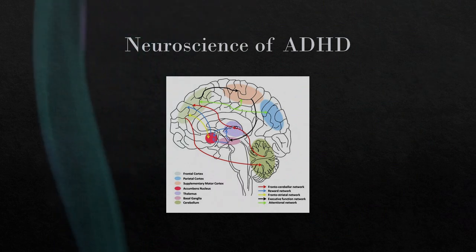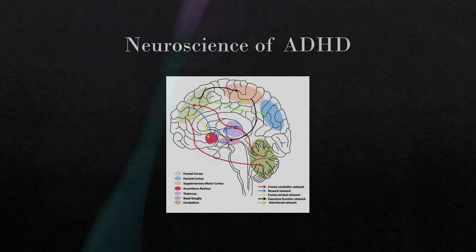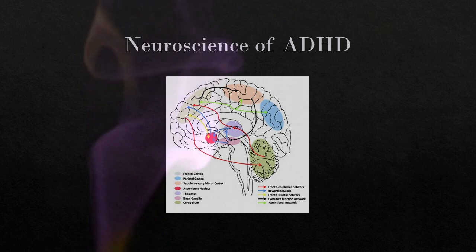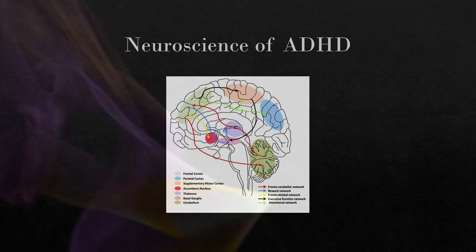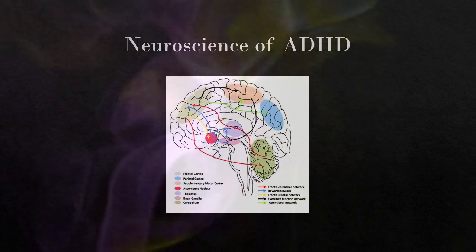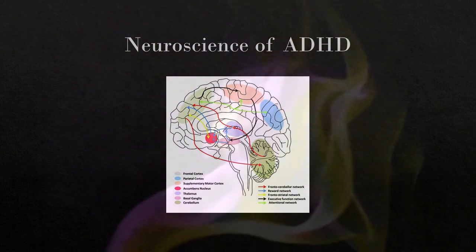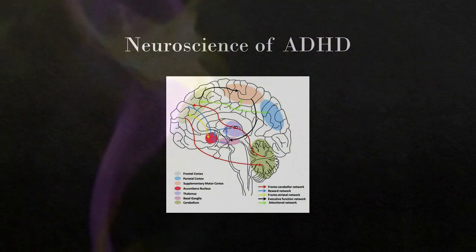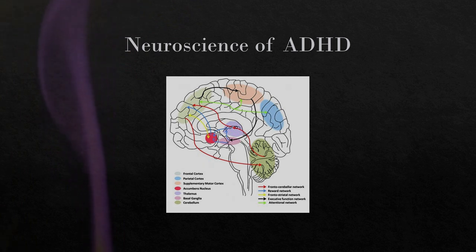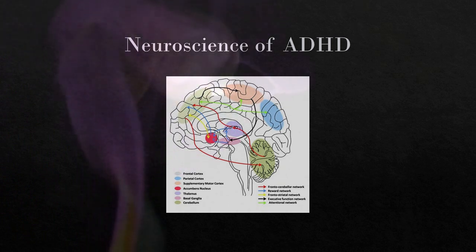So let's begin by looking a little bit at ADHD, attention deficit hyperactivity disorder, and some of the specific brain areas within this condition. Now, one of the first areas you need to be mindful of with ADHD is the prefrontal cortex. And the prefrontal cortex, remember, is responsible for our executive functioning. And this includes things like impulse control, attention regulation, and decision making. All of these things are implicated in ADHD.